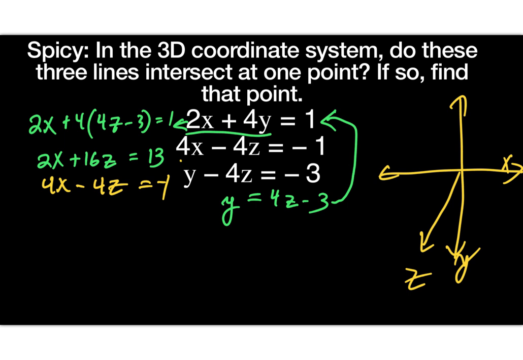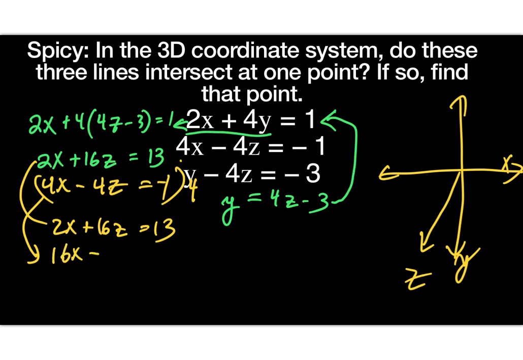If I multiply the second equation by 4, that top equation comes down: 2x plus 16z equals 13. The second equation comes down after multiplying by 4 as 16x minus 16z equals -4. Add them,